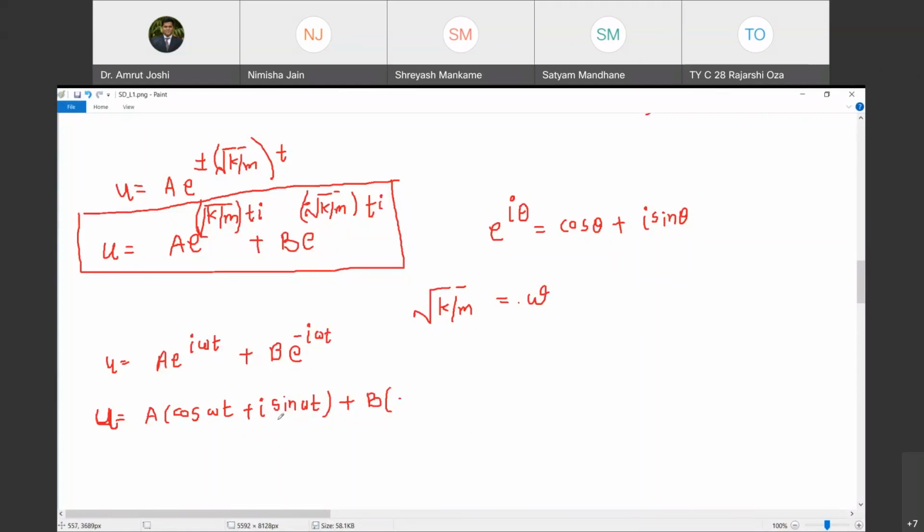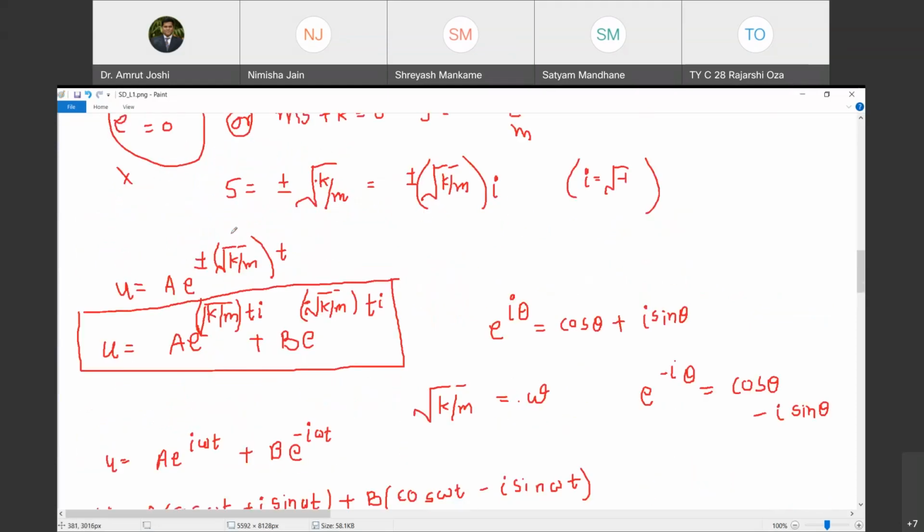So we are almost at the end of today's class, but let us complete this first. So b, what can I write this as? e raised to minus i omega t. So it's like writing e raised to minus i theta. So it is nothing but cos of minus theta plus i sin of minus theta, that is cos theta minus i sin theta. Do you agree with me? Yes, sir. Because sin of minus theta is minus sin theta. So can I write this as cos omega t minus i sin omega t? Happy? Yes, sir.